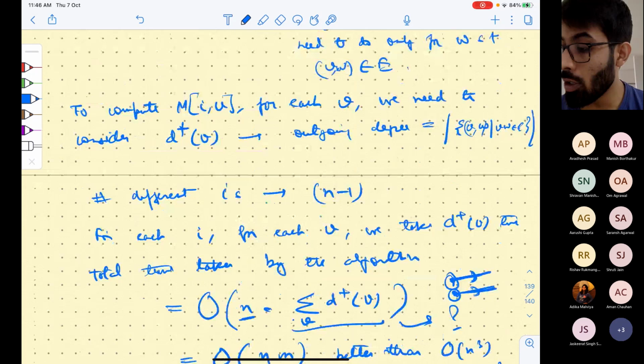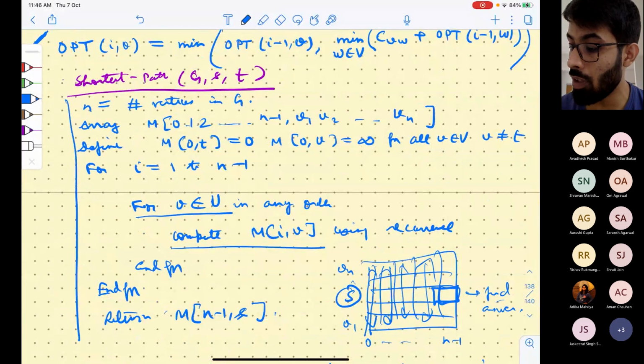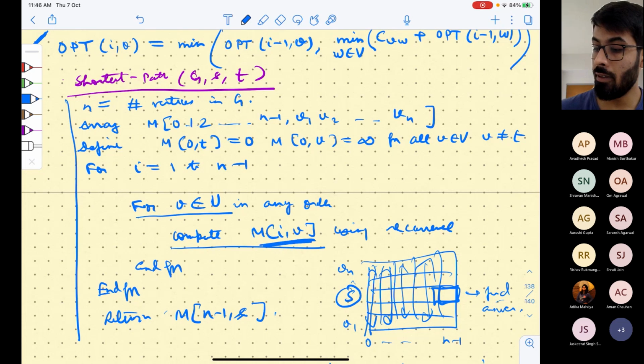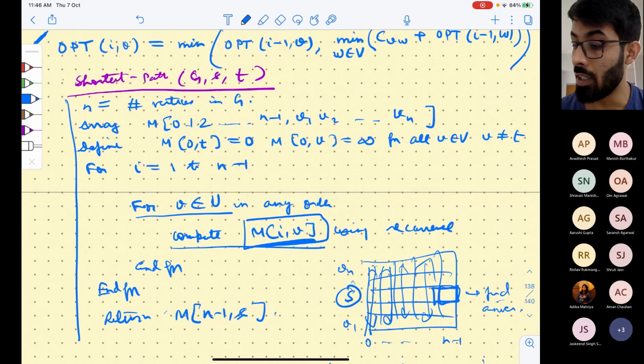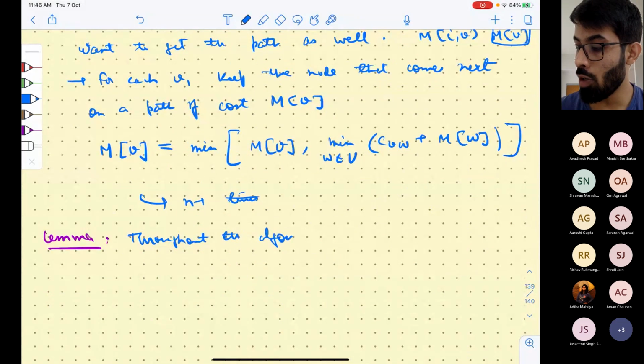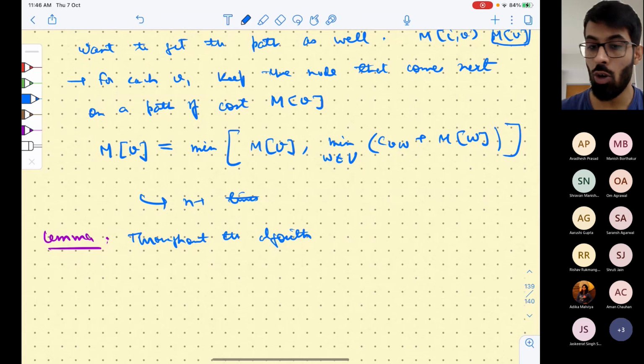So now the algorithm remains the same. Here, instead of the recurrence, instead of M[i][v], you just write M[v] here, right? And you use the new recurrence to update this. And what you can show is that throughout the algorithm,